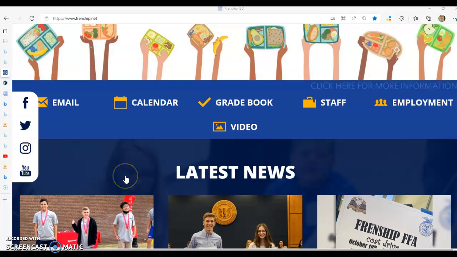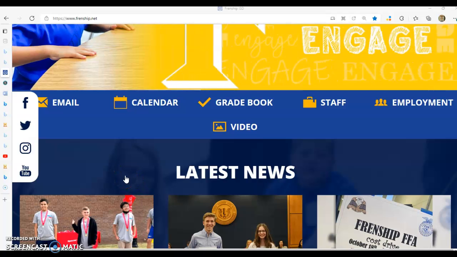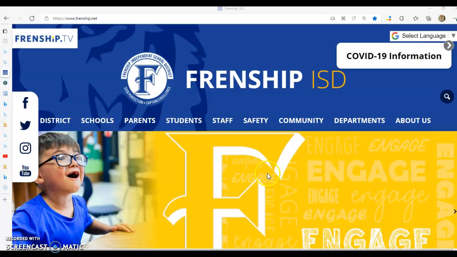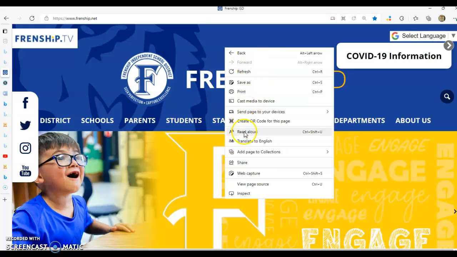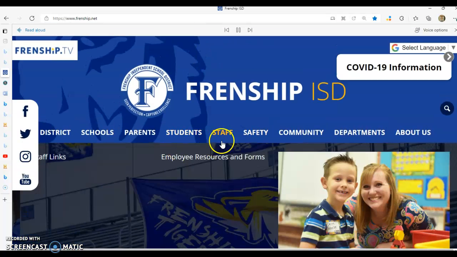Hey everybody, I wanted to quickly show you this tool in Edge in case you haven't seen it before. Edge does have a read aloud tool. So if you right click and then click read aloud,